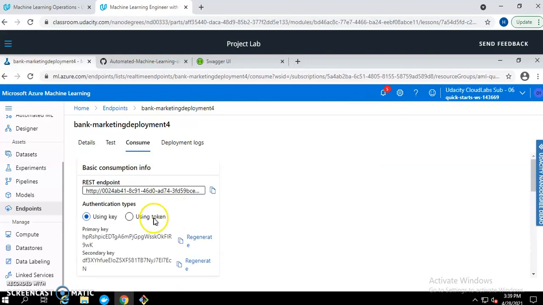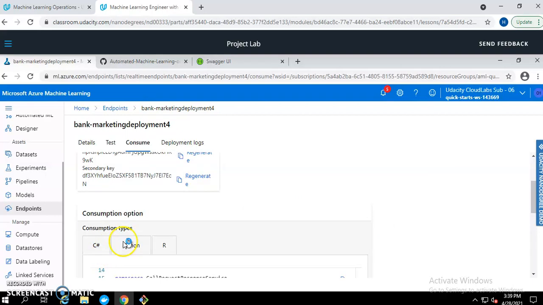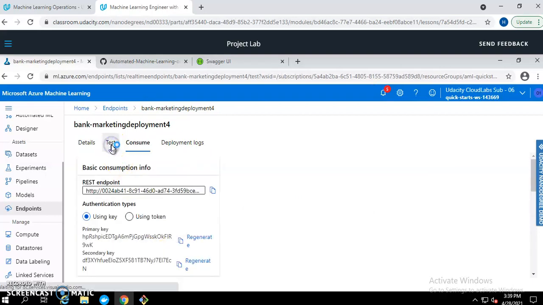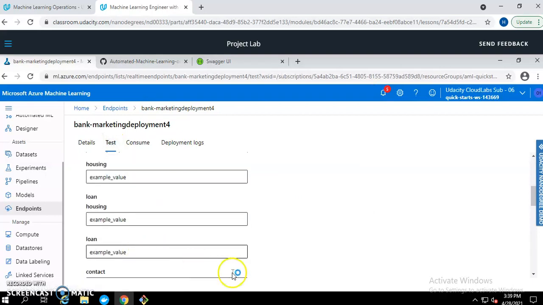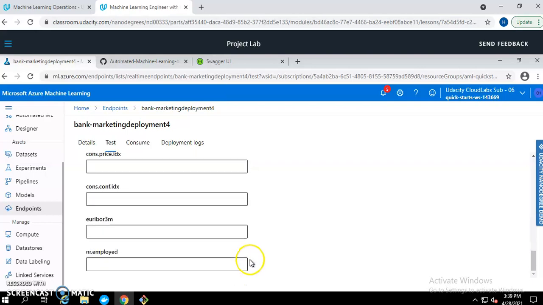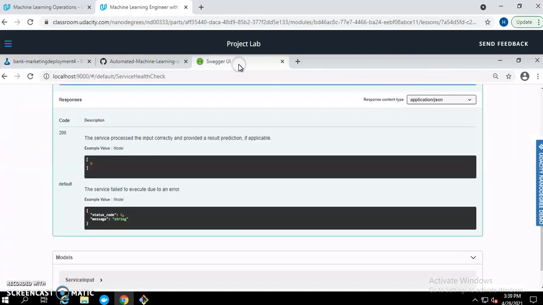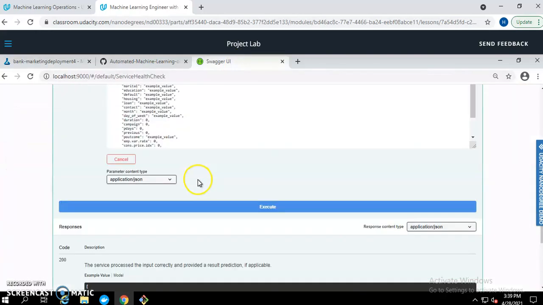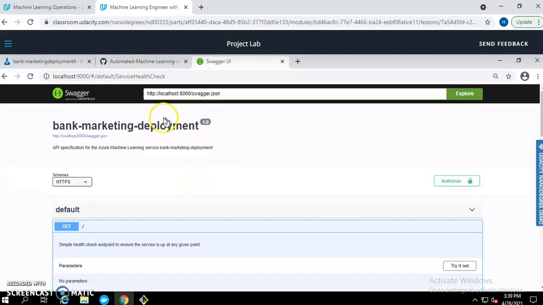You can also consume it via test. You can put in the values and get the exact results. Now here you can see that I have successfully deployed the bank marketing deployments.